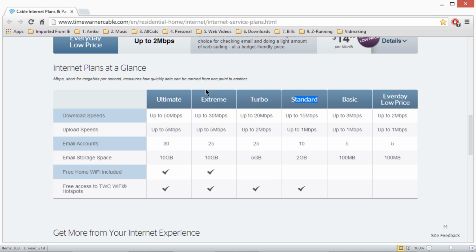For a standard plan, you have at least 10 emails. Turbo plan, 25 emails with 5 gigabytes space. Extreme, 25 but larger space like 10 gigabytes. Ultimate, 30 email accounts and 10 gigabytes.